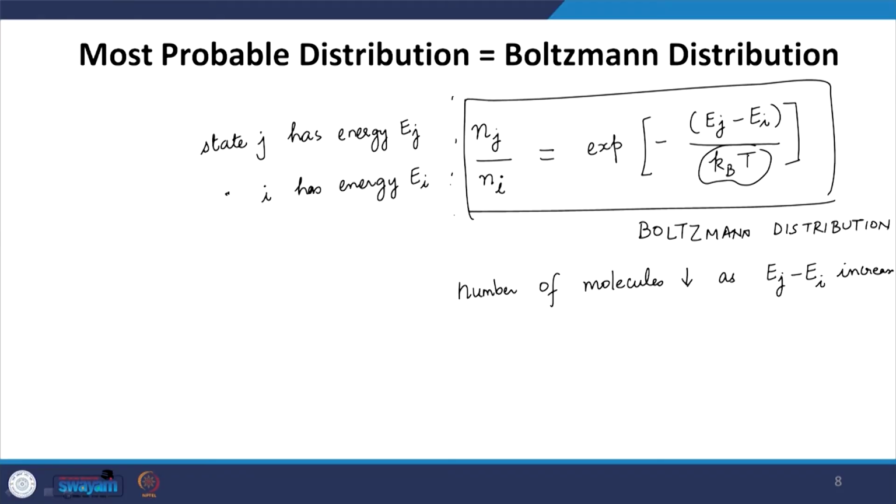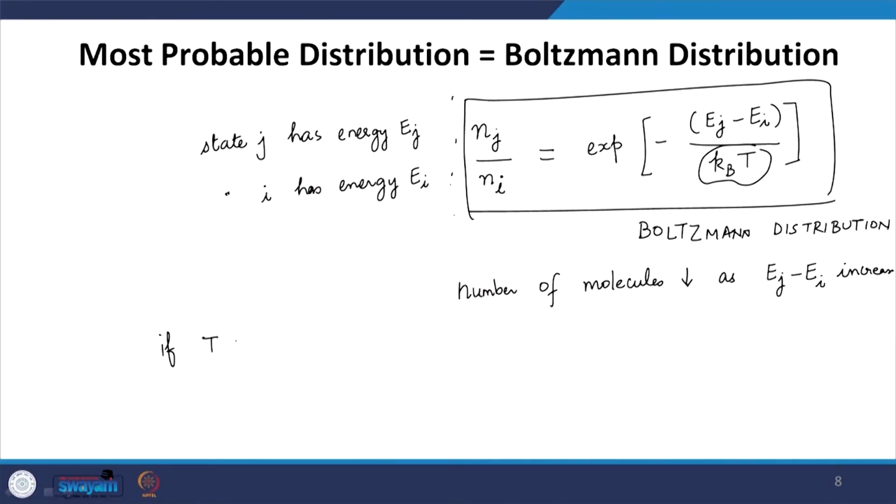On the other hand, if I, for example, go to lower temperatures, the reverse happens. Then, if I go to very small value of T, the denominator decreases. So, any small energy change Ej minus Ei is magnified more, and therefore, higher energy states become lesser and lesser probable. And you can already find the limiting behavior in here.